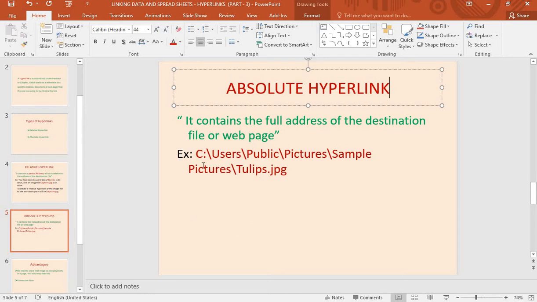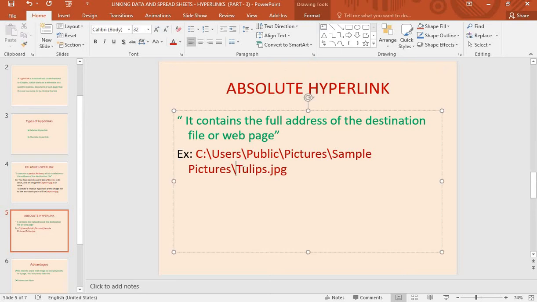See here, if you observe closely, it is a path. It displays the full address or full path every time. Here, this is a file, Tulips. It is a JPG file. It is a picture file only.